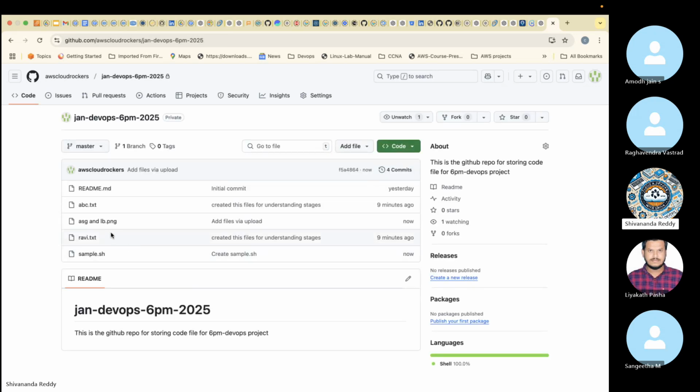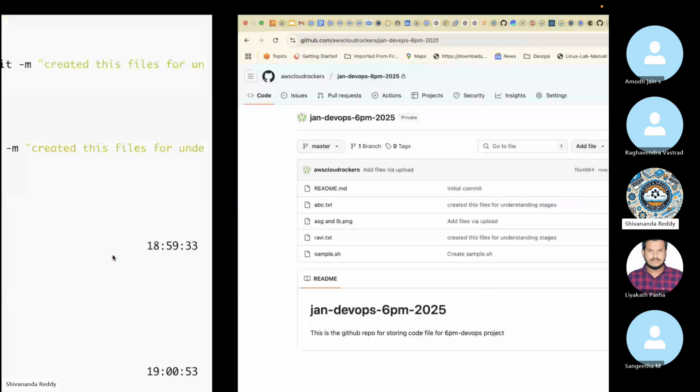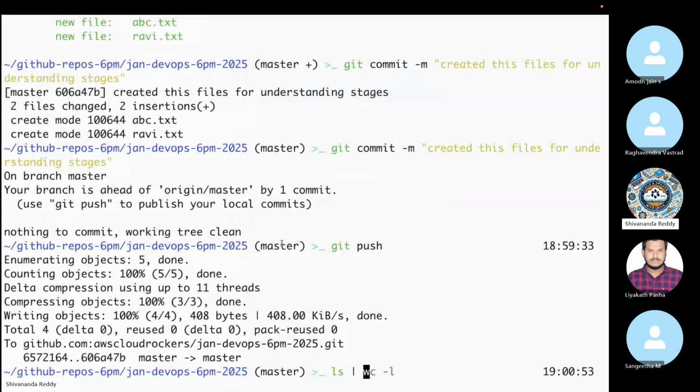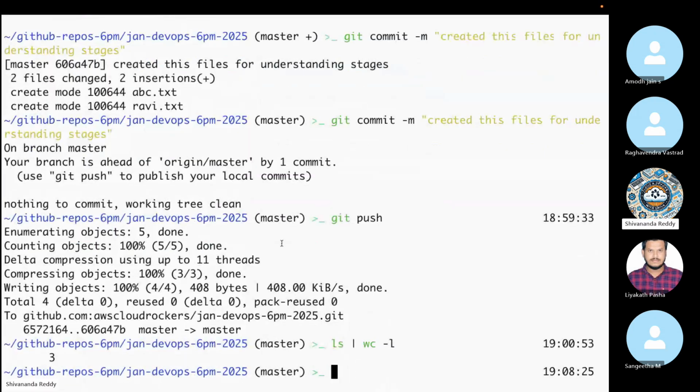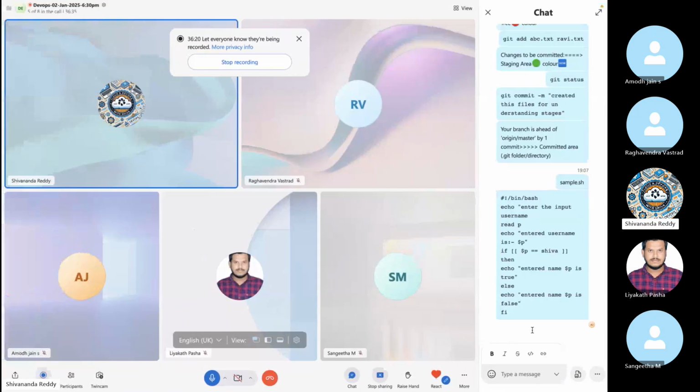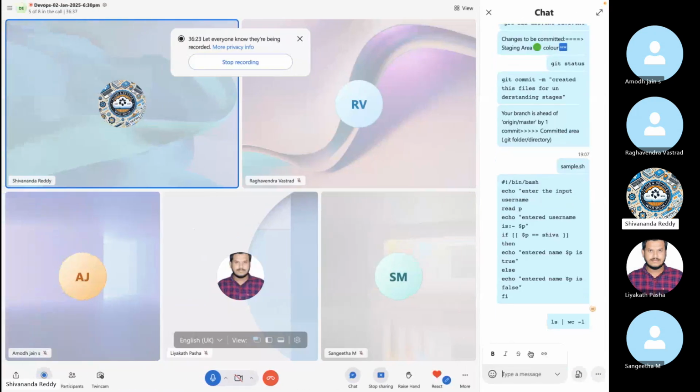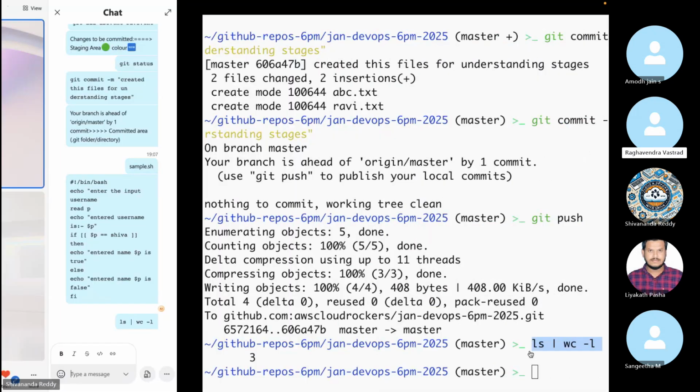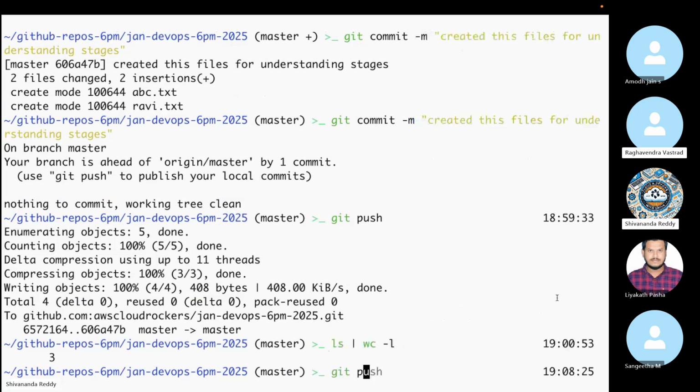Okay, total how many files are there? Total 5 files are there in GitHub, correct? But in local, only 3 files. Local has 3 files, but online has 5 files. Now tell me, how do you get these files from online to local? What command are we going to use to download from online to local? Git pull. Git space pull, if you run,